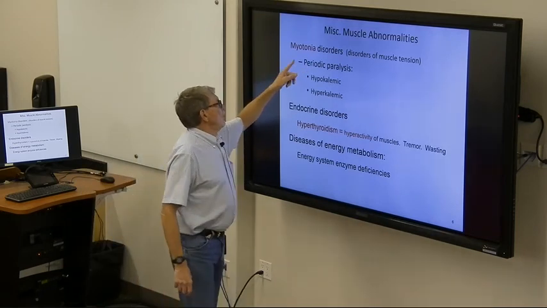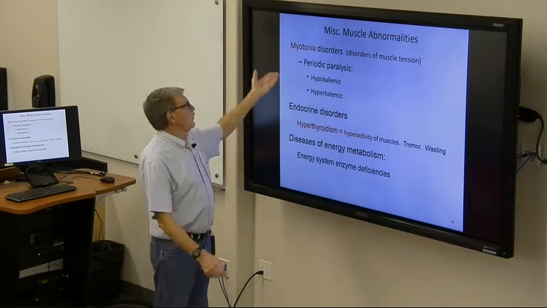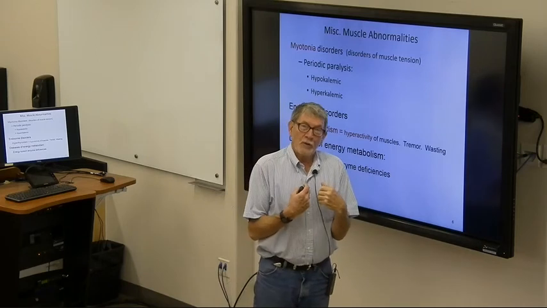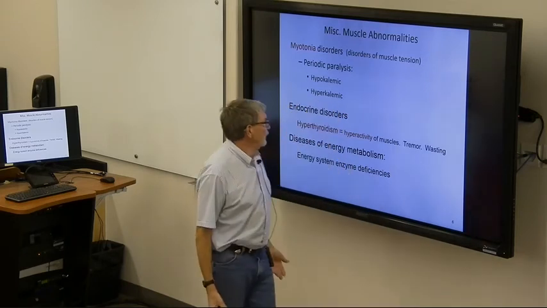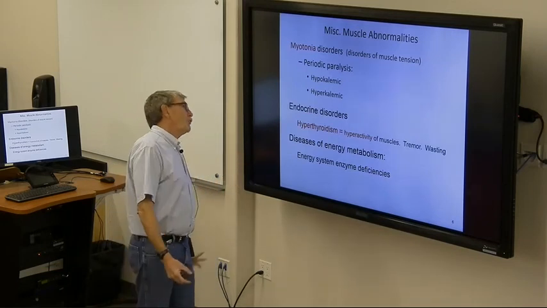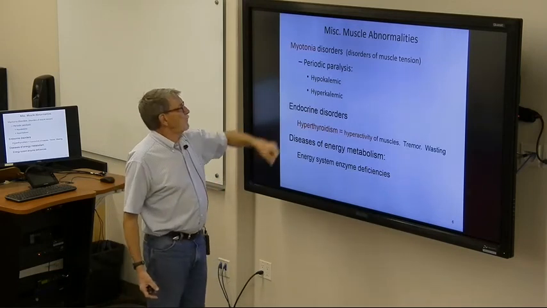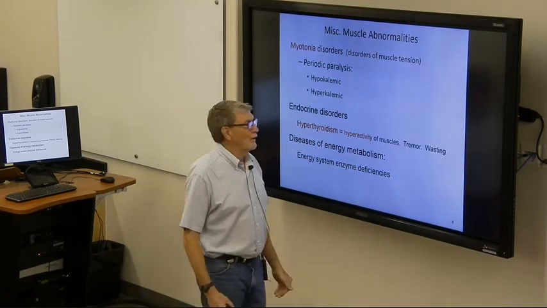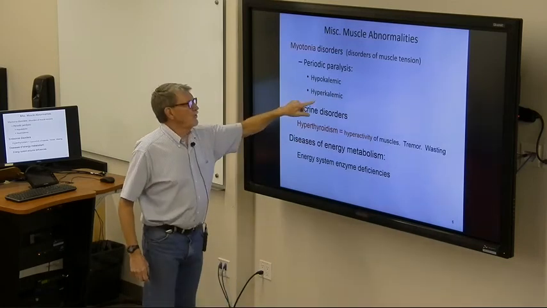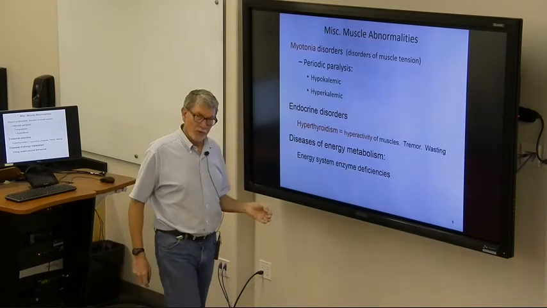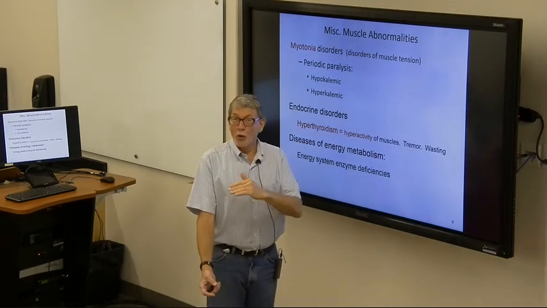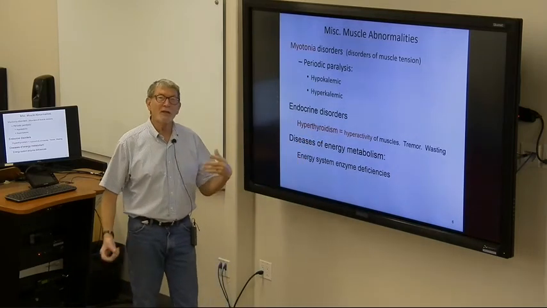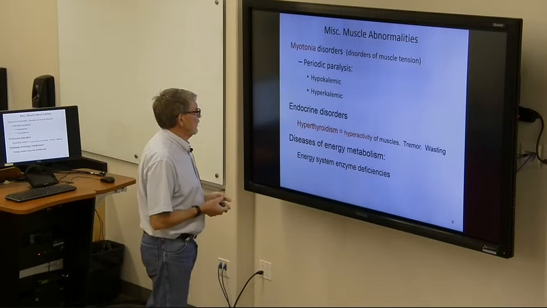Myotonia disorders: tonia means tension, myo is muscle. So myotonia disorders means you have a muscle that is overly activated or underactivated. You can have a hypertonia or a hypotonia, or periodic paralysis, where sometimes you can't get the muscle to move properly. Sometimes it is related to potassium levels, because potassium is part of the action potential for muscles, and hyper- or hypokalemia can cause muscular dysfunction.